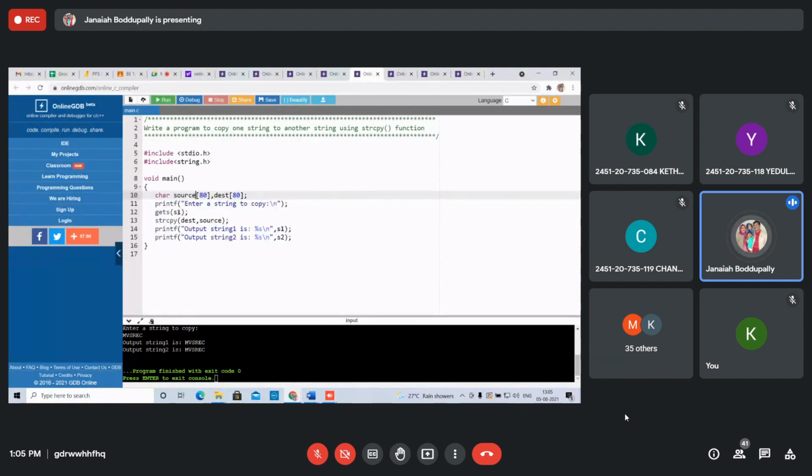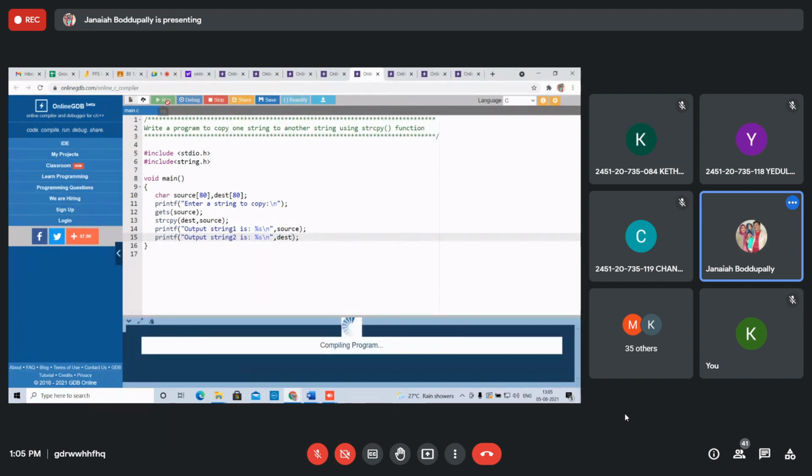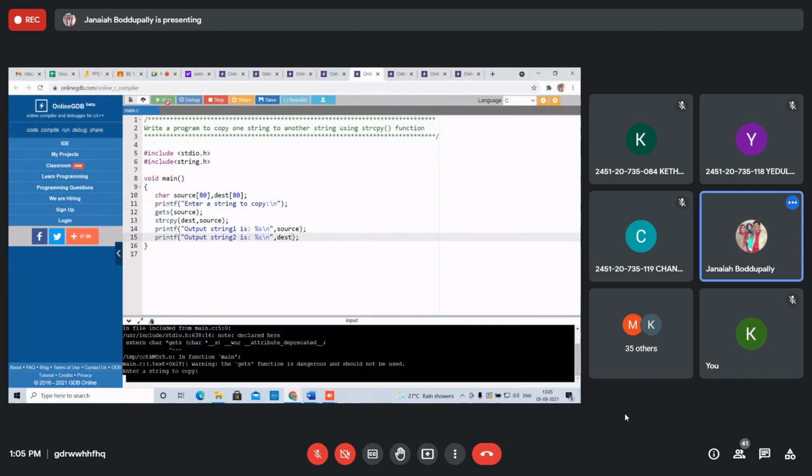Here you read the source, and reading the source, you're copying source to destination. Source to destination means you're taking the source from the keyboard, and destination means the copied text.